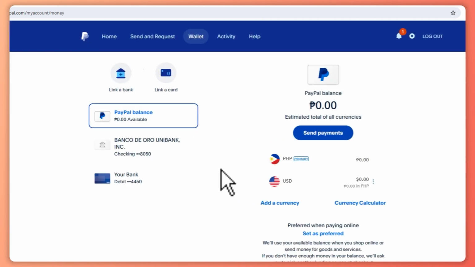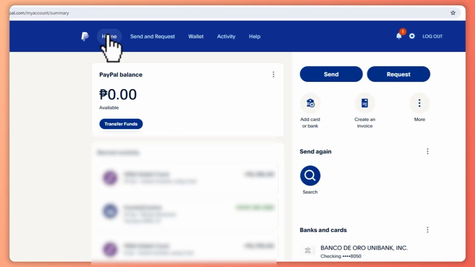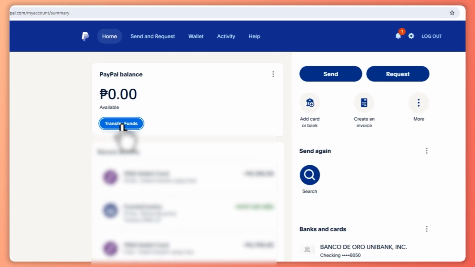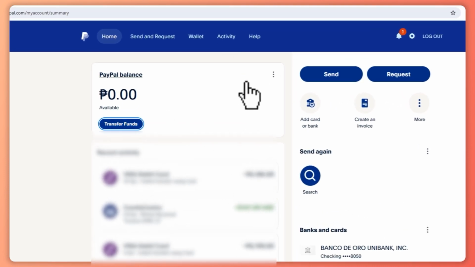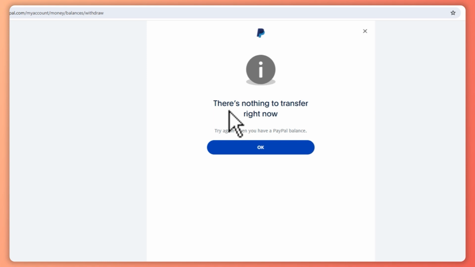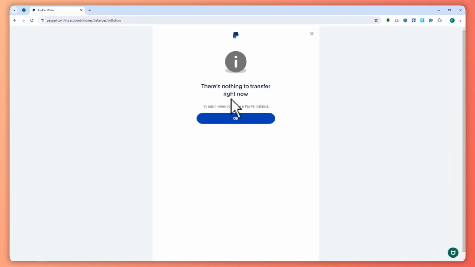And then the next step is that you would need to go into home once you are done linking your bank accounts. From here, you can click on transfer funds, and then you should be able to transfer it to your bank. All you have to do is provide how much you would want to transfer and then select your bank account right here. But in my case,